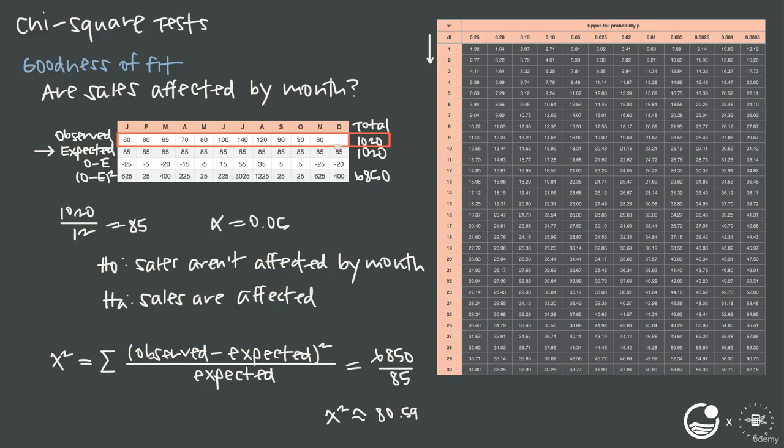So we can remove the value for December, and we can still know what all of the values in the table will be. Now the question becomes, can we remove another value from the body of the table and still know how to fill in the rest of the table? So let's say we remove November's value. Now the question is, can we accurately fill in November and December? And the answer is no, because we have the total 1,020, but if we subtract out all these values, January through October, we're left with a missing 125. But we don't know how to split 125 between November and December. We have no way of telling how much of that 125 goes in November and how much goes in December,